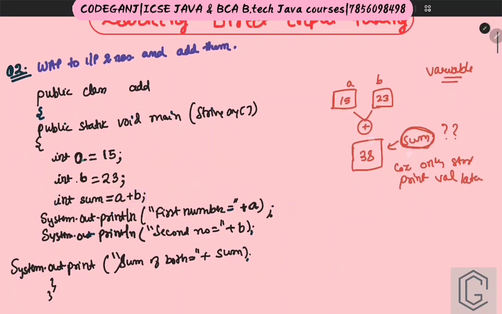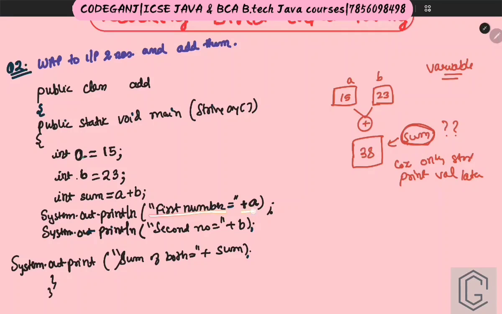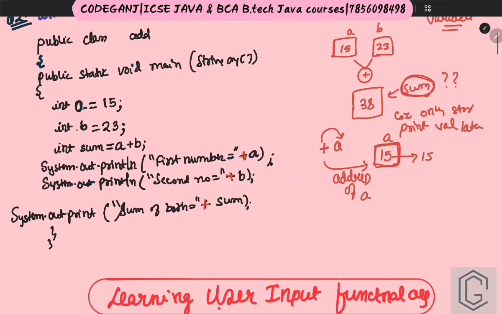In the output, what I am showing is: this is my first number, a; my second number, b; and the sum of both is sum. An important thing you can see here is the plus symbol. As soon as the plus symbol is encountered, the compiler goes to the variable's memory location, the address of a, and whatever value is stored in that place, it will print that value. So what will be your output? Your output would be something like first number